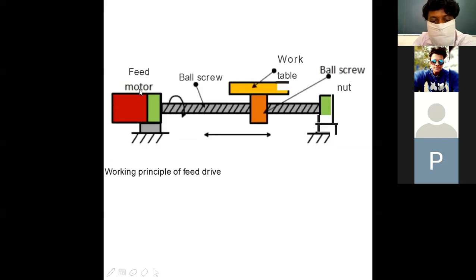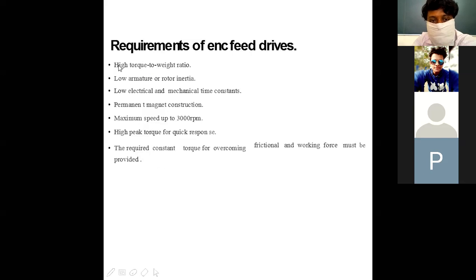Now these terms are related to the electric motor that we are using. So depending upon that, we are using these terms. Torque to weight ratio: what is its torque, and what is the weight of the motor? What amount of torque is it generating? Or you can call it the torque generated and the weight which can be lifted by the particular motor if you apply it to lift a weight. So this torque to weight ratio is calculated.